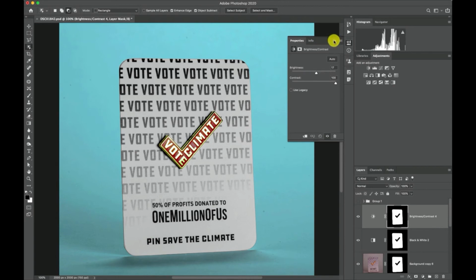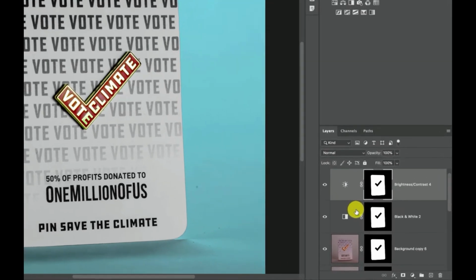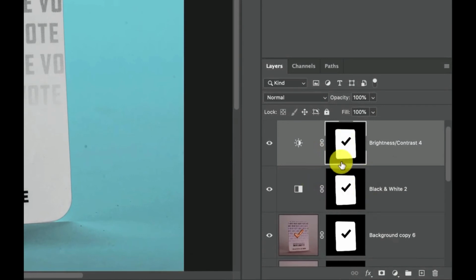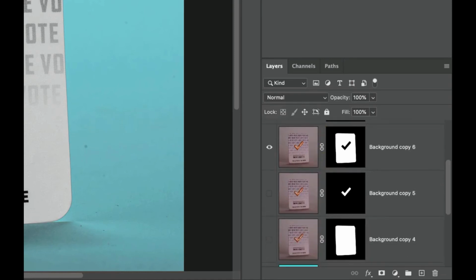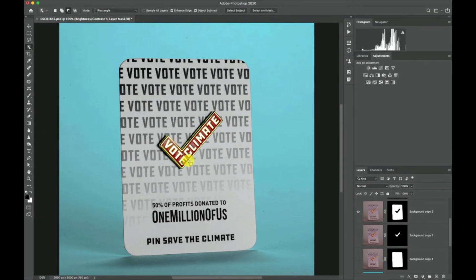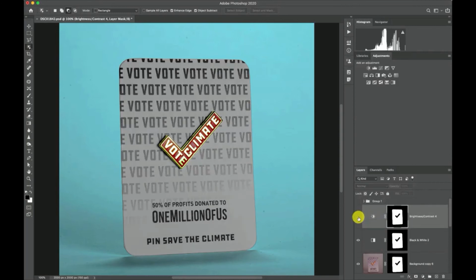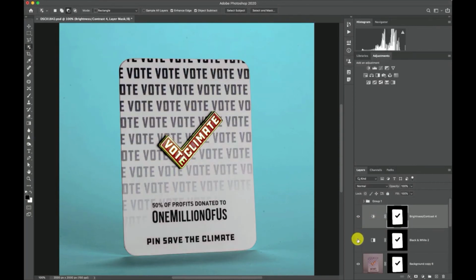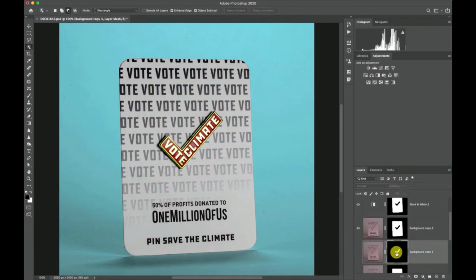Okay. Now, you'll see here I have two adjustment layers to that mask exclusive, not to the entire image. And now I want to do some adjustments to this vote climate pin. Okay, I think it's a little bit too bright and it needs some adjustments. Let me make sure you can see everything that's happened. Okay, now I'm going to come back down here and I'm going to add mask to selection. So it just now is selecting the pin,